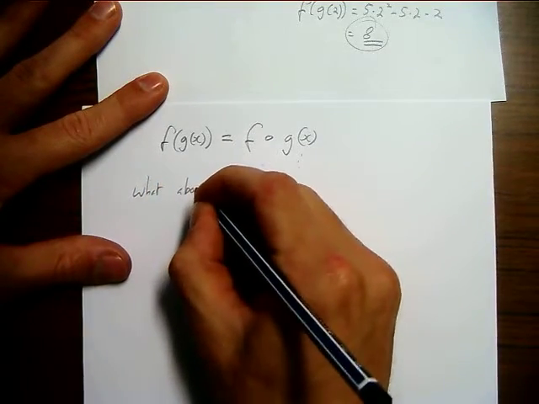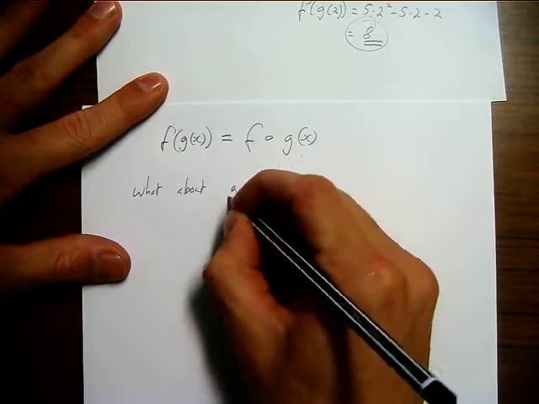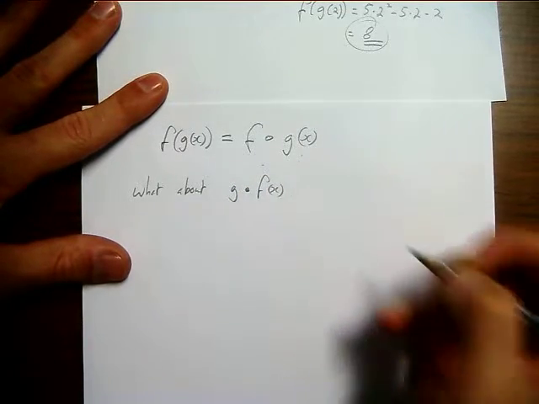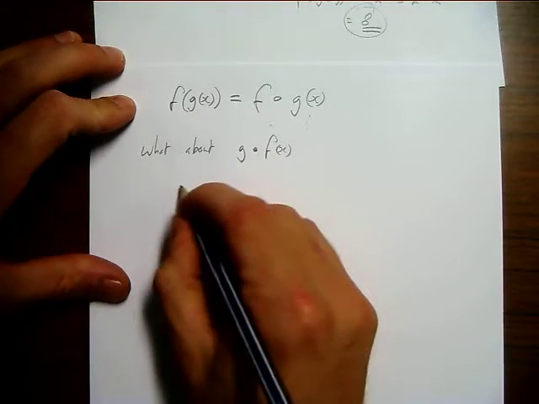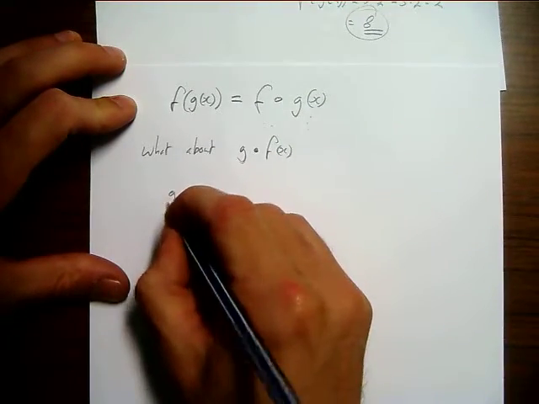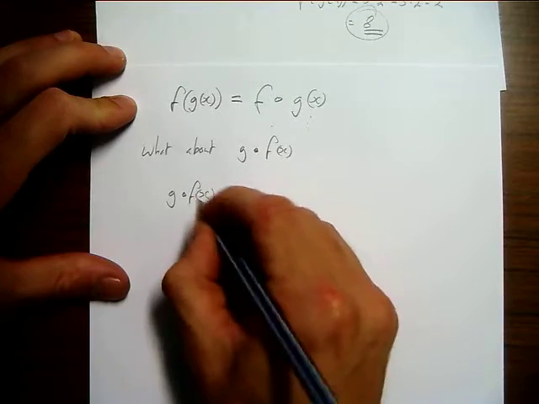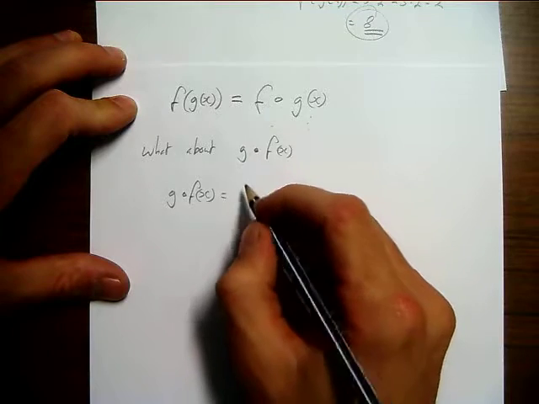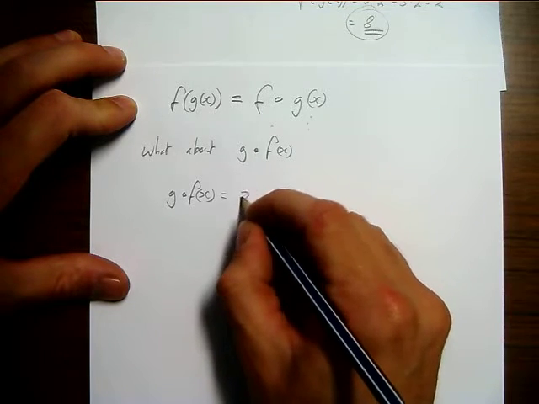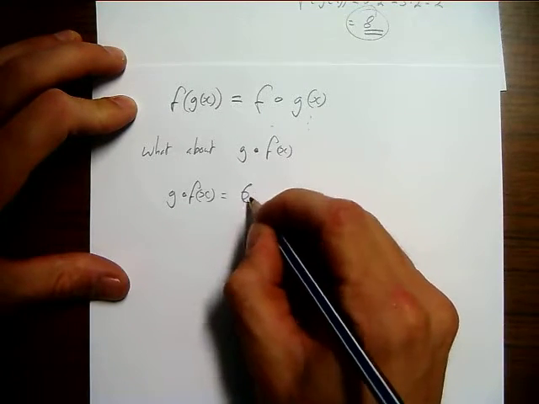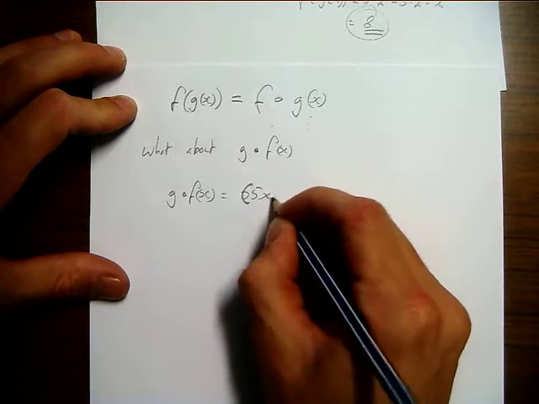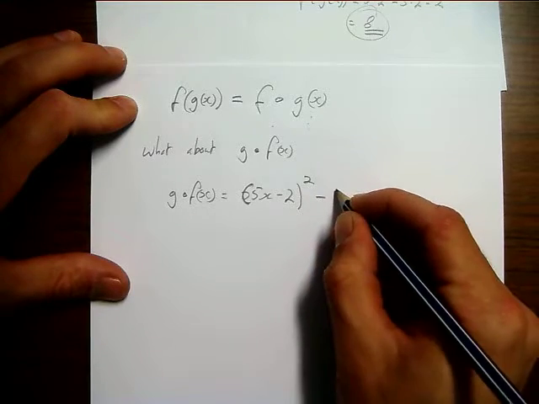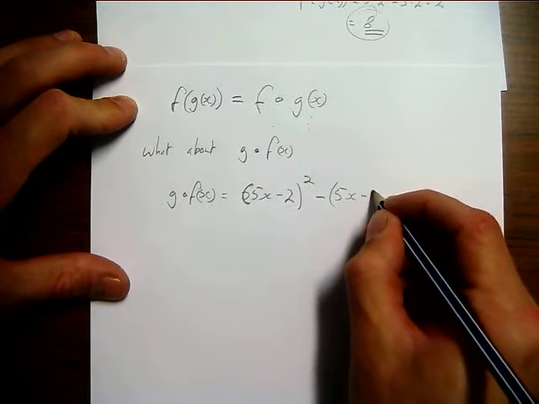What about g naught f? So gof x. g naught f would be x squared, so we'd have 5x take 2 squared take 5x take 2,